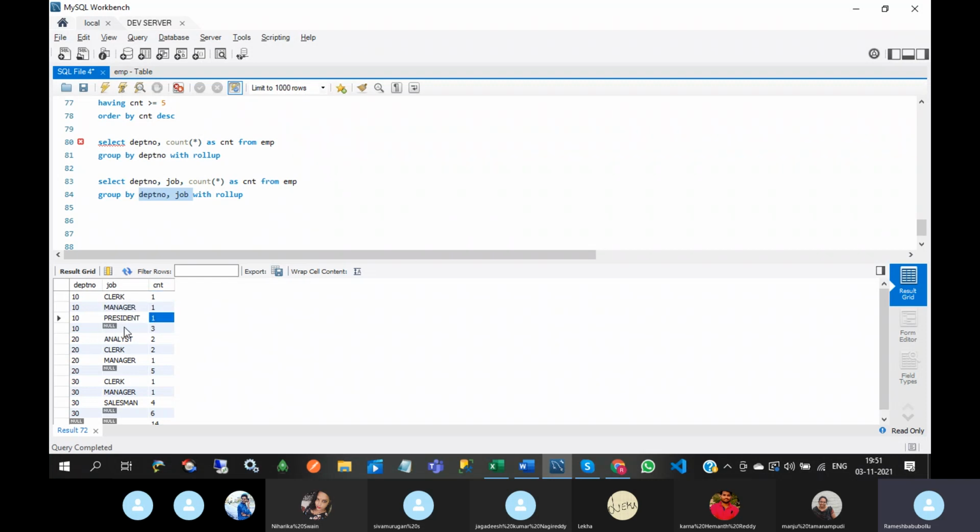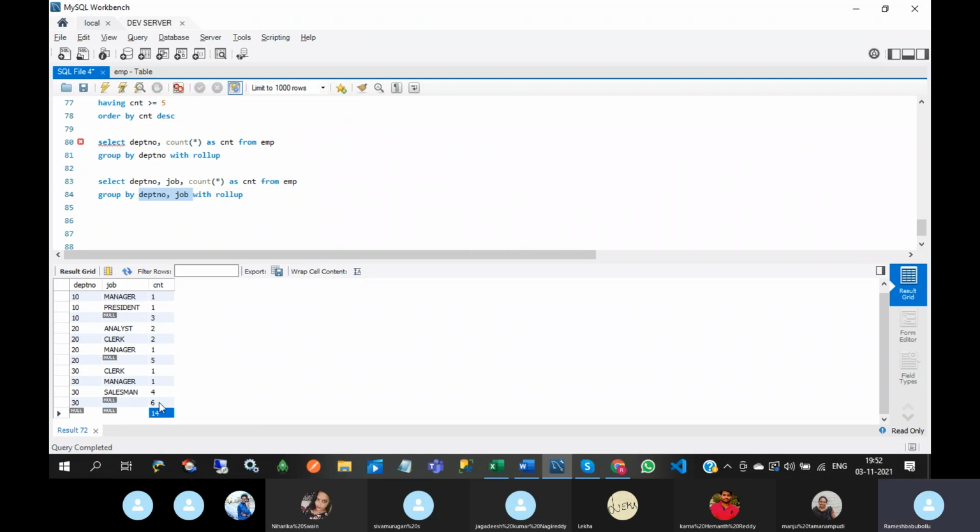After that, this is the subtotal, so department wise total. And 20: in 20, job name is analyst, we have 2 employees. Clerk, 2 employees. Manager, 1 employee. So here the subtotal is 5. And clerk 1, manager 1, salesman 4 under department number 30, so we have a subtotal of 6.